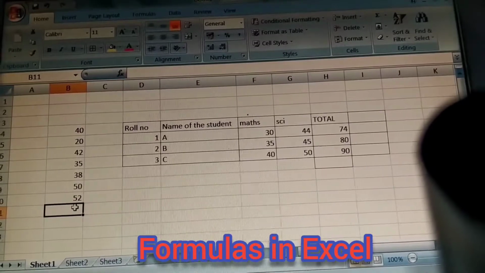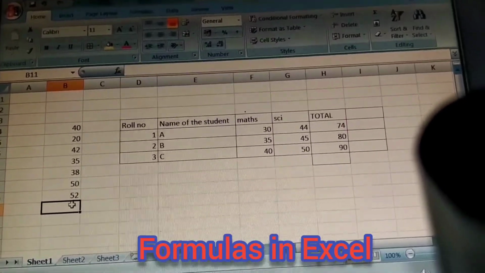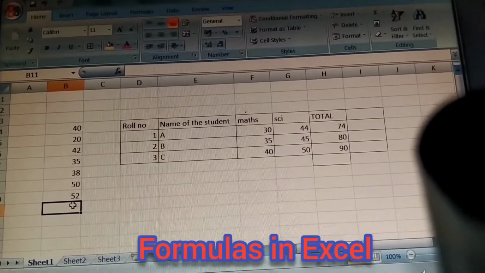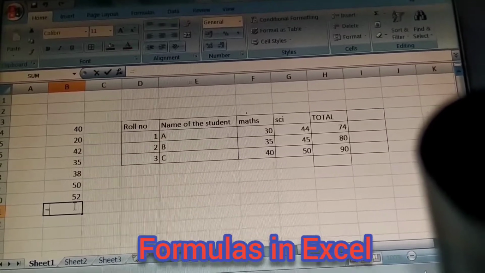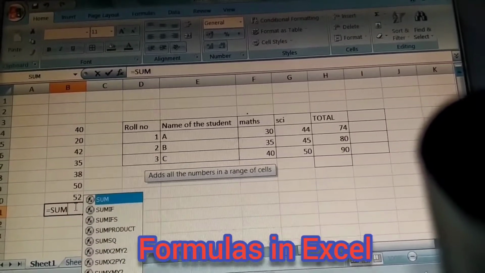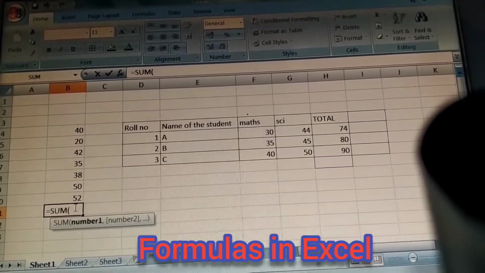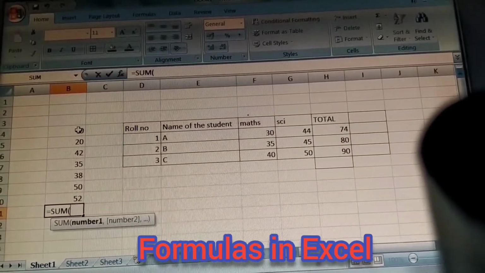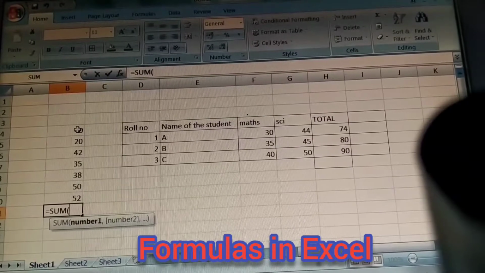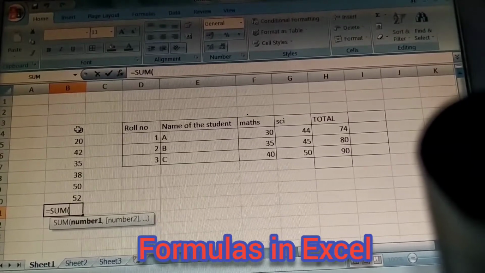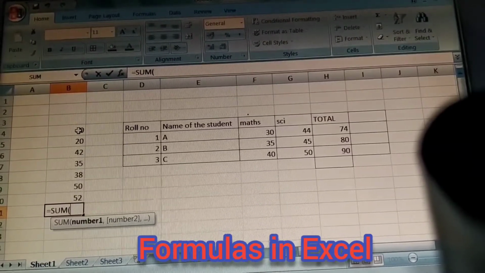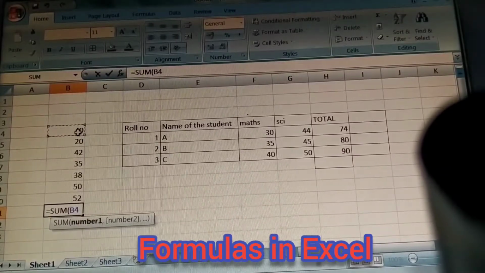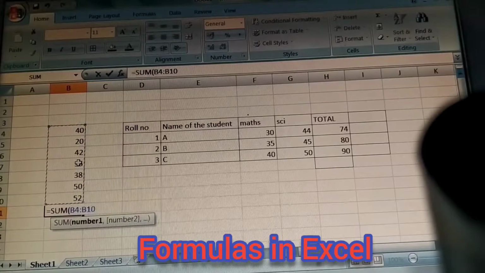See, where we want to make a total, select that cell, press the equal button, SUM, opening bracket, and in that opening bracket, I am selecting starting from the first marks cell till the last one. See, I selected. So this is called a range. Whenever we select multiple cells, it is called a range.